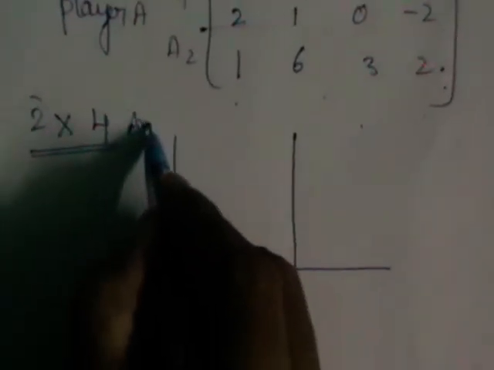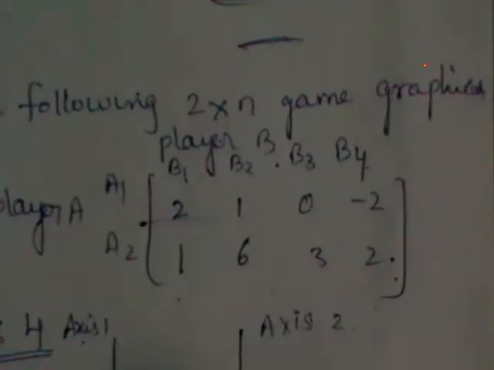For that, we are going to draw a graph. Generally, I think you haven't seen a graphical representation of this type, a different one, but the procedure is the same. Let us take a bivariate axis with all the 4 quadrants, as you have some of the variables zeros and negatives. Let us mark this as axis 1, this as axis 2. Here you are going to represent player A and player B. How many strategies do you have? B1, B2, B3, B4 are the 4 strategies. Let us take this as origin 0.